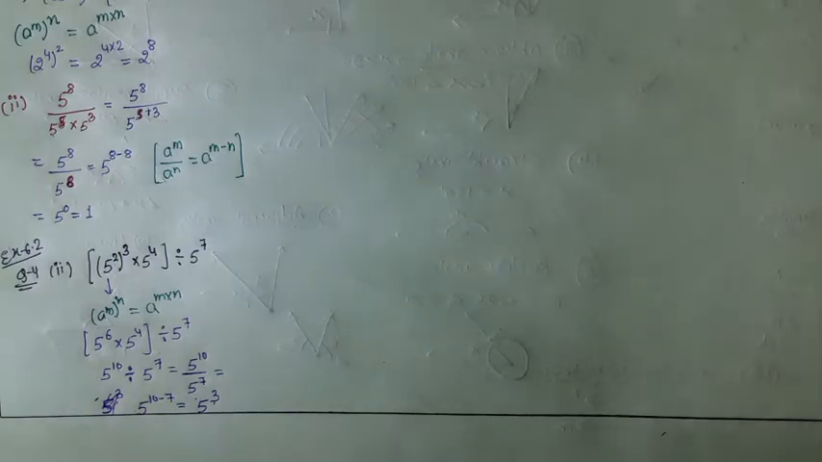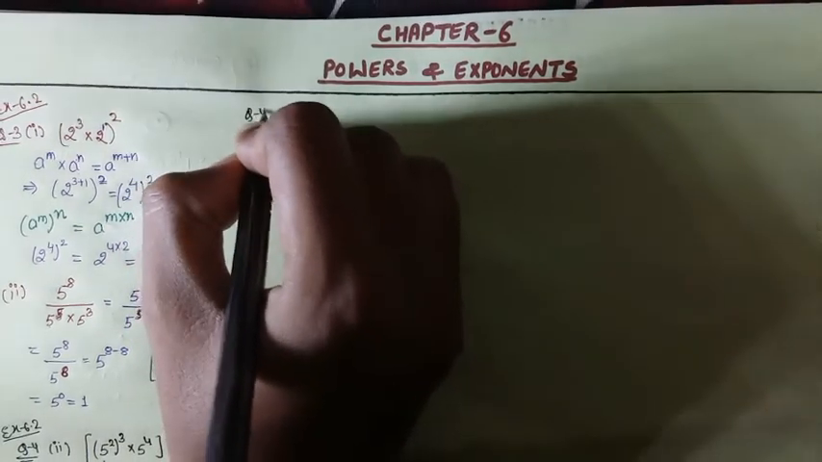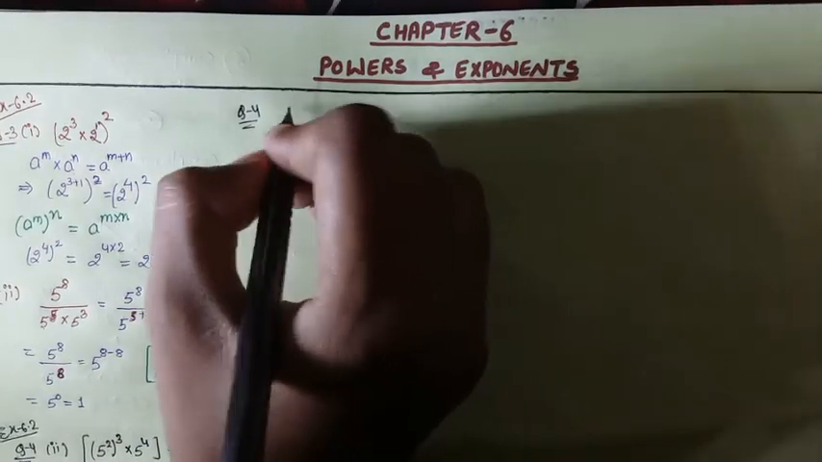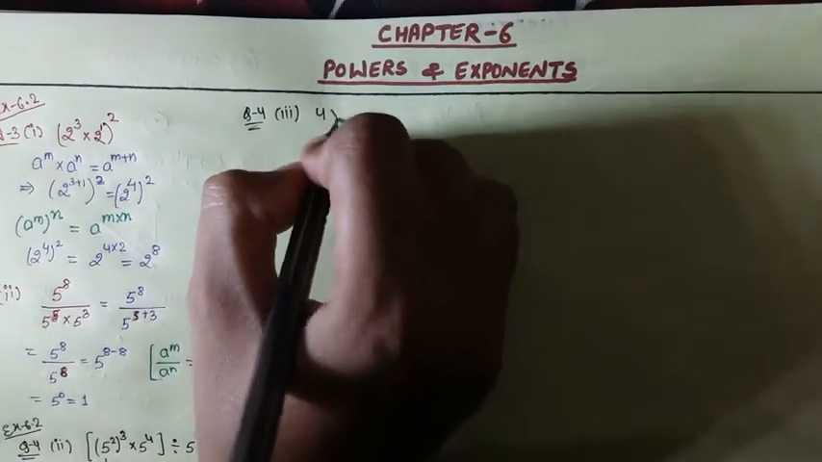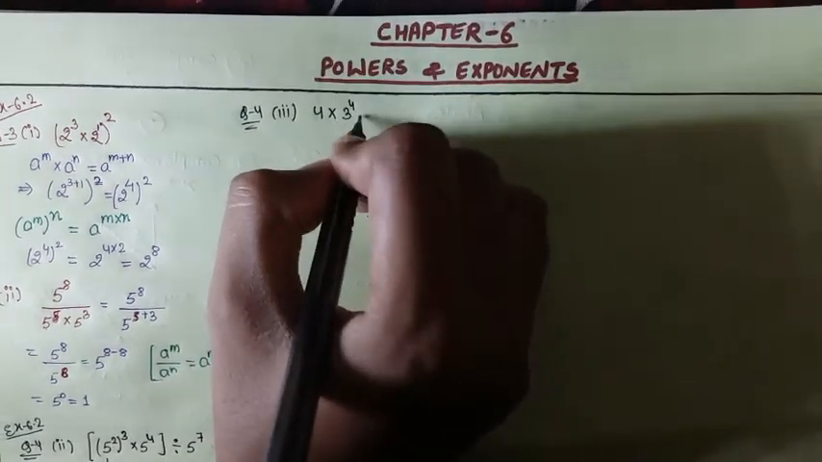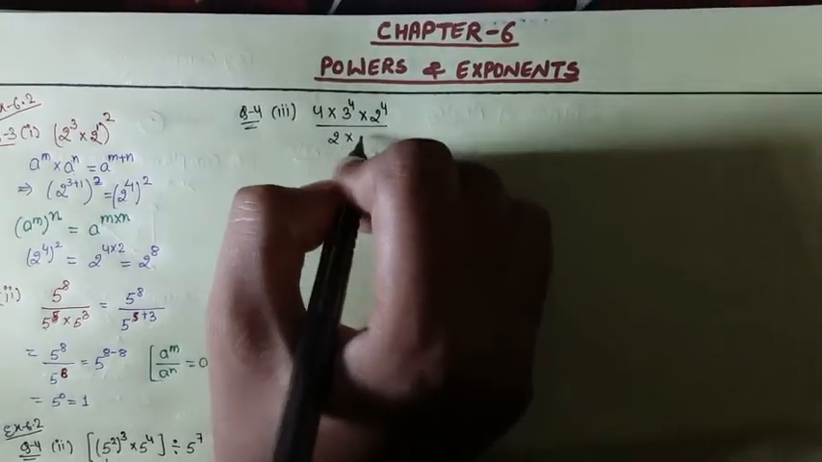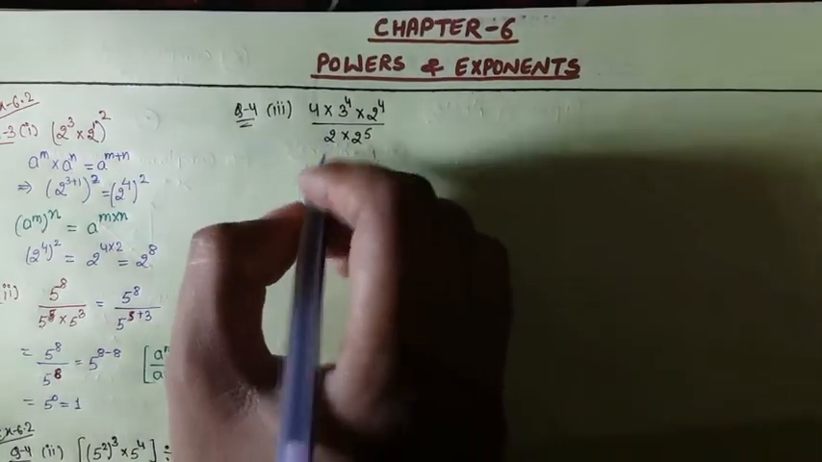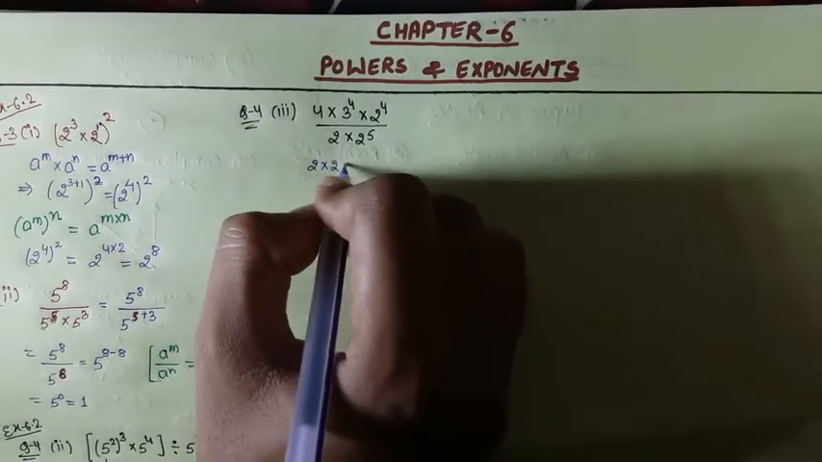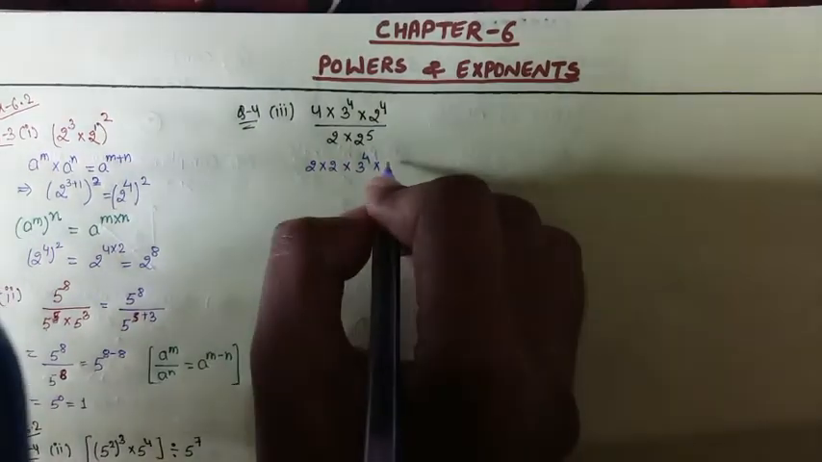Okay, next question from 6.2. Again question number 4, same exercise, question number 4 and bit number 3. And the question is like 4 into 3 to the power 4 into 2 to the power 4 divided by 2 into 2 to the power 5. Here this 4 can be written as 2 into 2 into 3 to the power 4 into 2 to the power 4